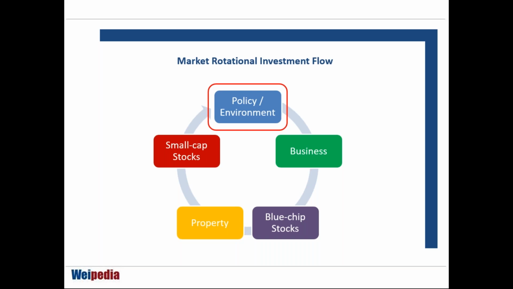Now, if the central bank or the government is doing the right thing, is the environment conducive enough to bring about a potential bull market? Okay, so if they're doing the right things, then the next will be followed by business and the blue chip stocks. They are tied together. Then after that, it will be followed by property. And when the property gets too expensive, there will still be speculators and investors who want to get in. Then they will speculate on the small caps, because small caps are still cheaper to get into. So that's the flow of what I have understood. This is what I've designed and what I've understood over the years. I just put it into perspective.